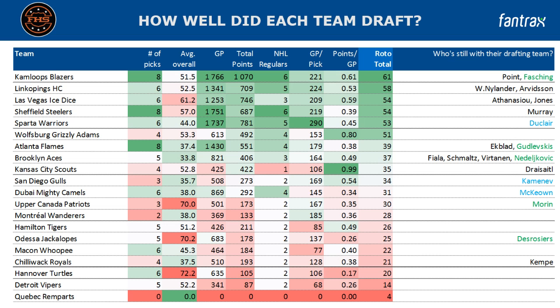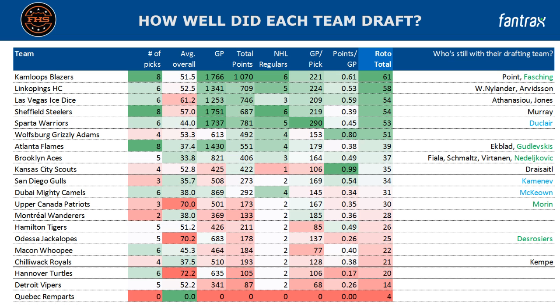But anyway, the blue ones are again with their drafting team, because they have been traded away and then reacquired in another trade. So you see here that Duclair has been traded and reacquired, and Rowan McEwen also, and Kamenev has been traded 4 times. So he went around and came back to the Ghost,